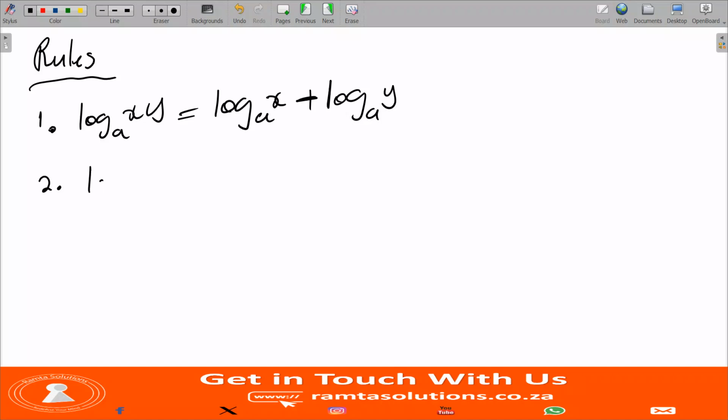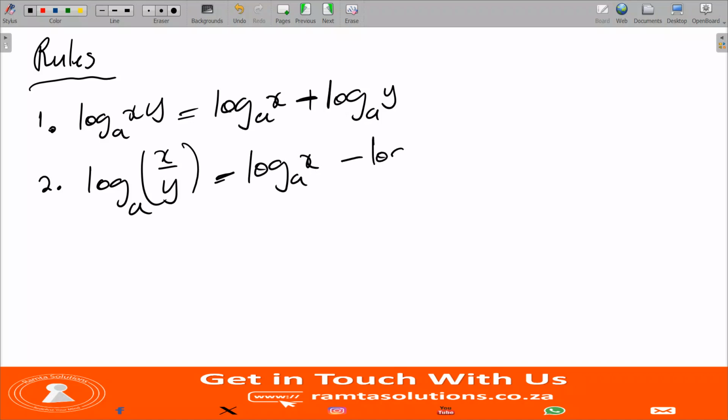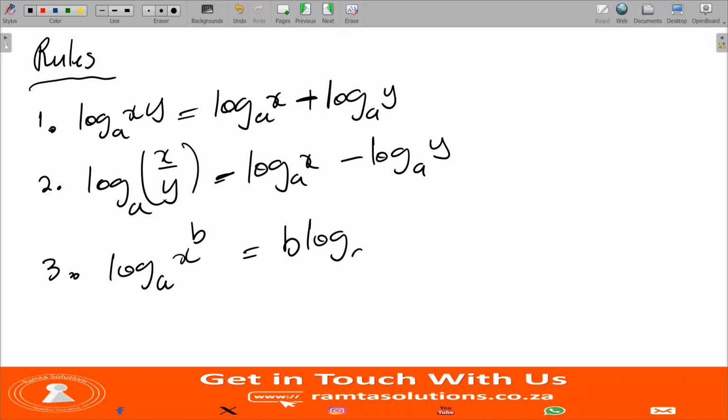Another rule, rule 2, is log x over y base a. This is log x base a minus log y base a. Rule 3 is log x to the power b base a is equal to b times log x base a. Rule 4 is log